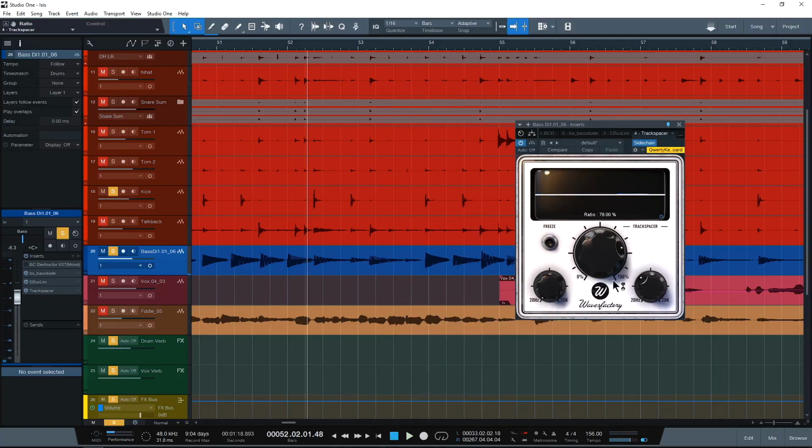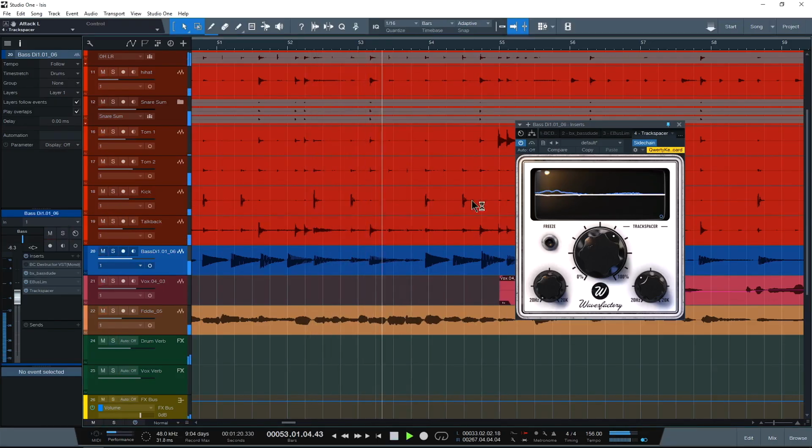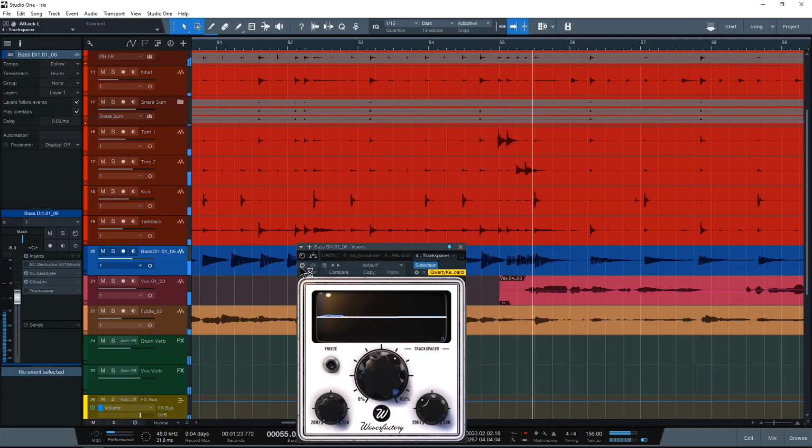So I'm going to bring this out a little bit. I'm going to reduce the ratio because we don't want it to be super crazy, and we're going to play with the attack so it comes down right when we need it to. I'm thinking maybe around 42 milliseconds. And let's try just a slightly faster attack. We don't really have to worry about it much because the bass doesn't have a lot of transient detail going on. Cool. So let's see how that sounds in the mix. Cool. So we can actually hear it, especially right here. If I have it bypassed, it isn't even discernible. But with it on,